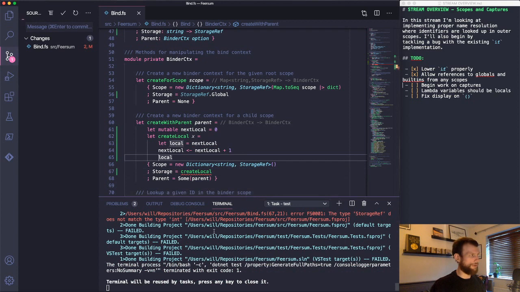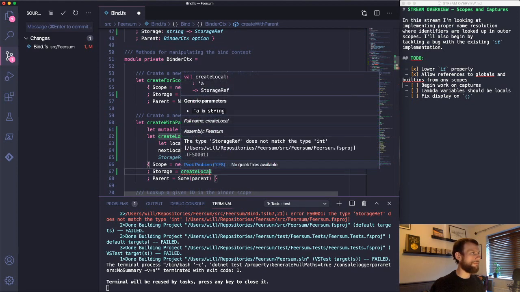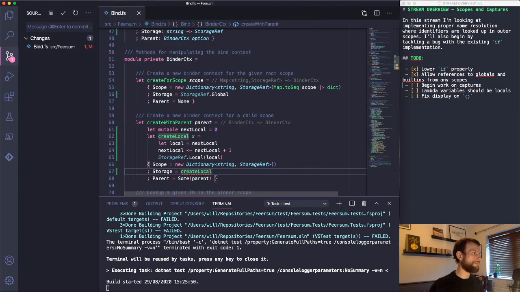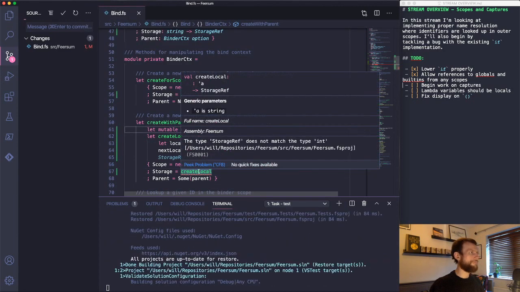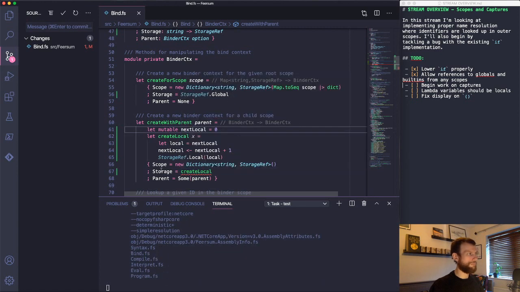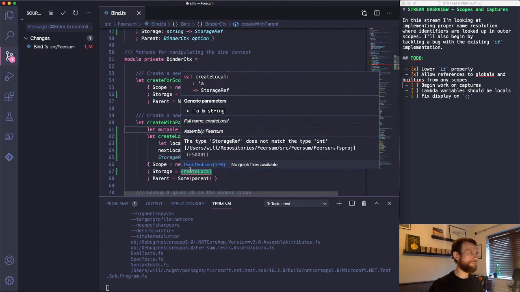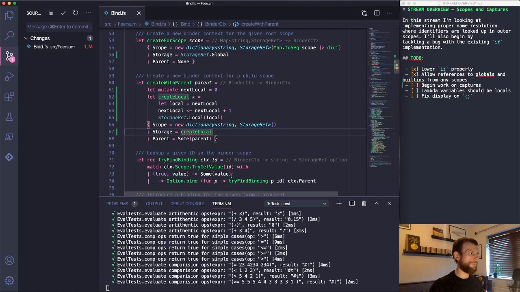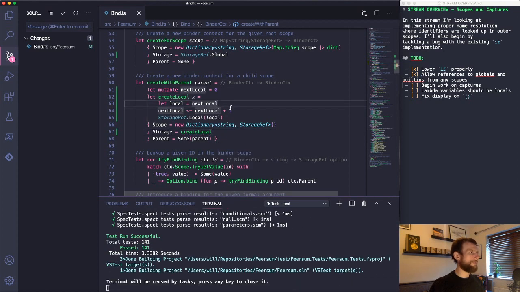And this needs to be storage ref local. That should work. Good. So now